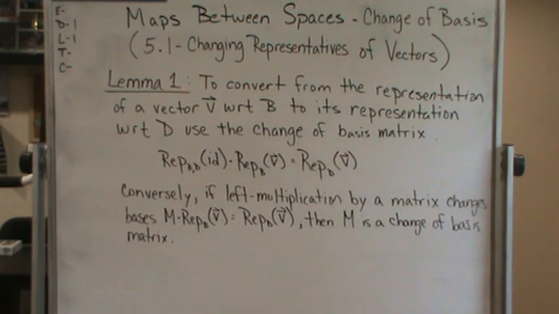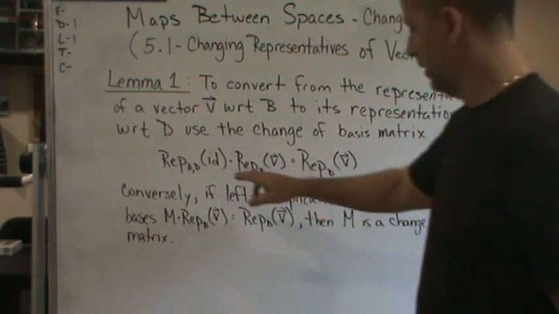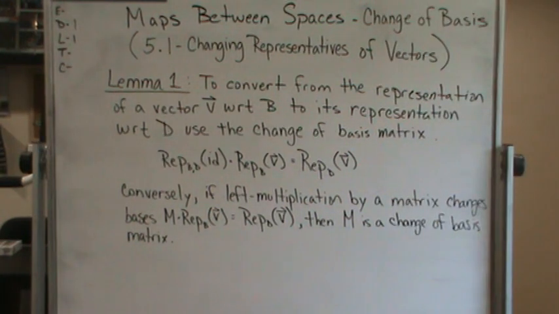Now the proof of this is pretty straightforward. The first sentence holds because matrix vector multiplication represents a map application, and so the representation with respect to B and D of the identity, right? So the identity mapping times the representation of this, right? So this times this gives us